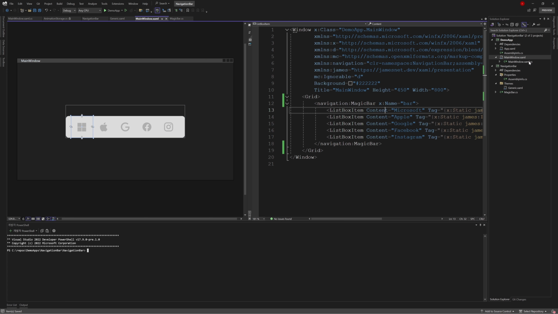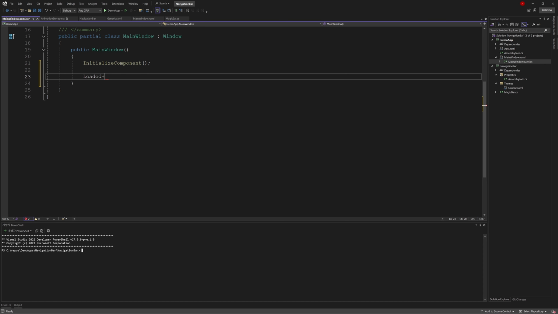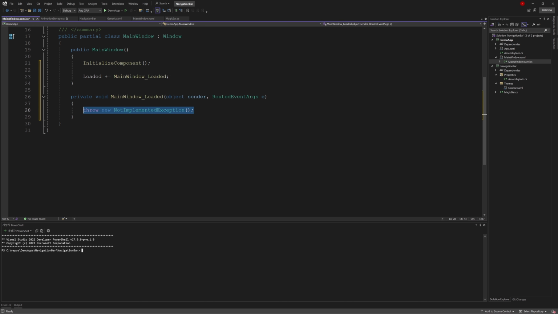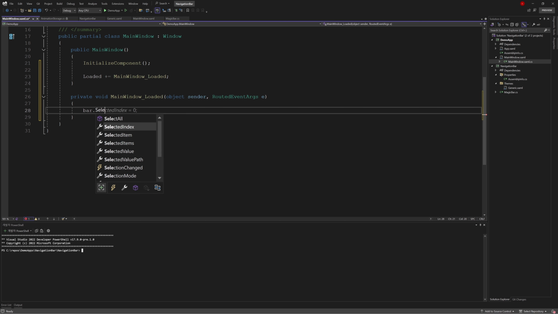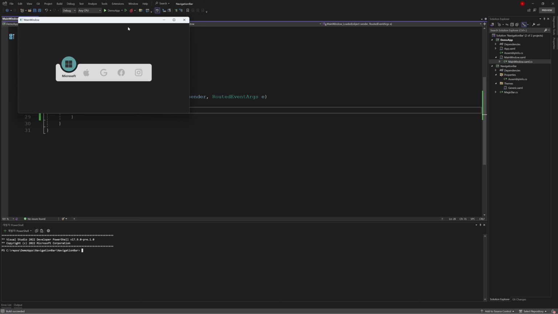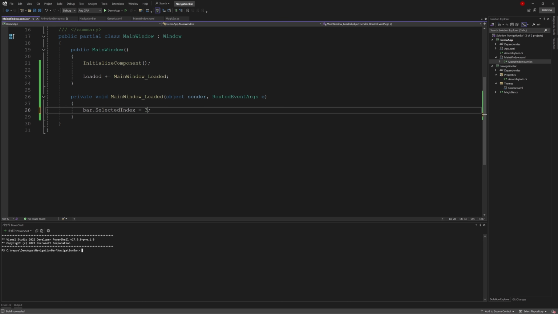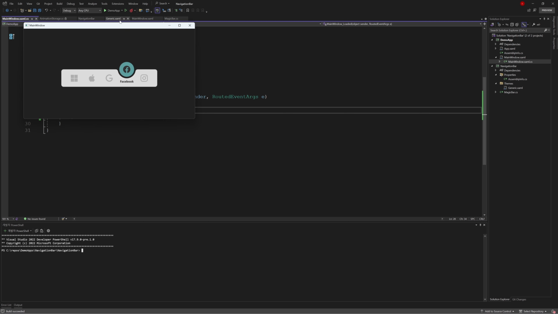Then we're back to MainWindow.xaml and add a Loaded event method. Here we start by setting the bar's SelectedIndex to 0, which means the bar will appear in the first position. If we set it to 3, it will appear in the fourth position.